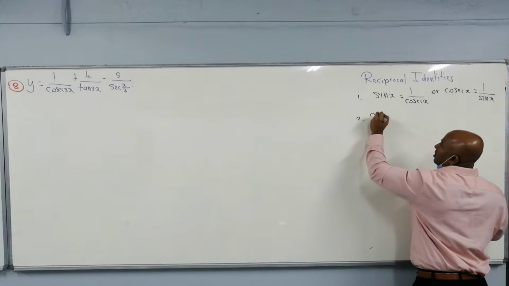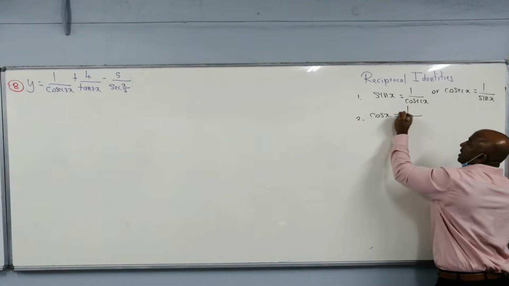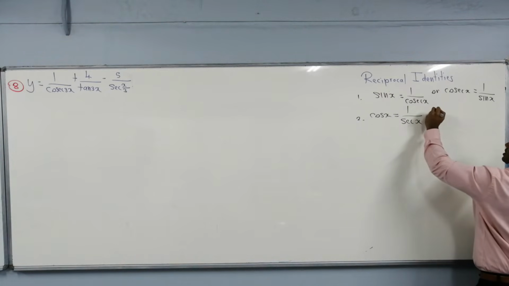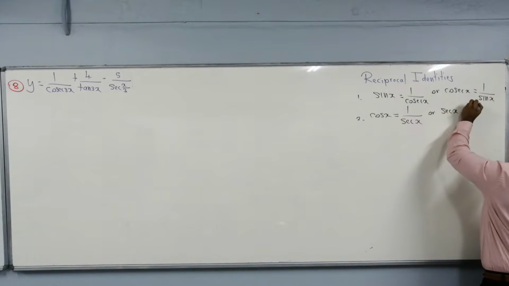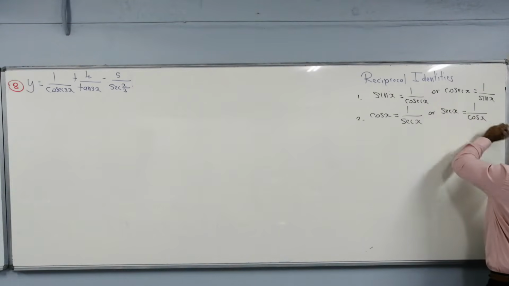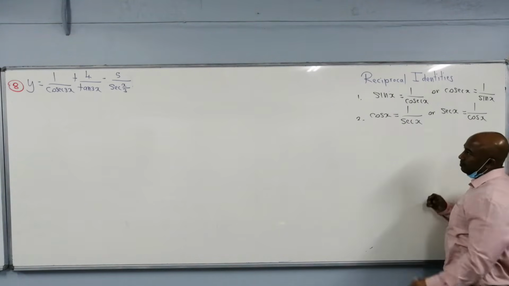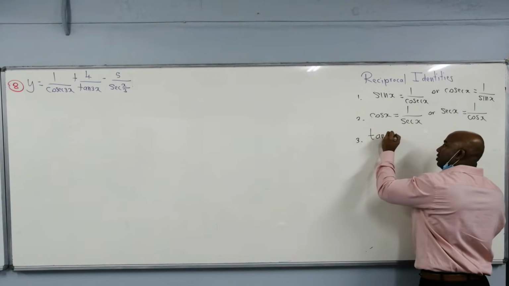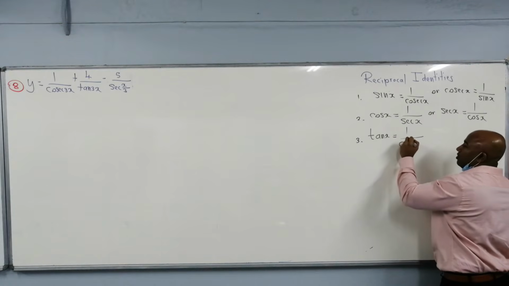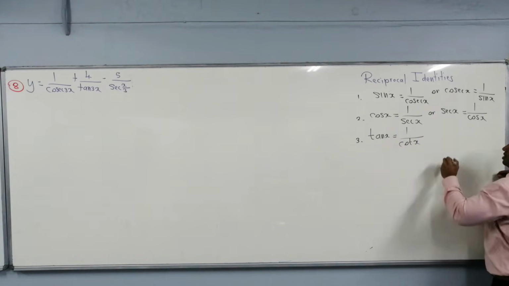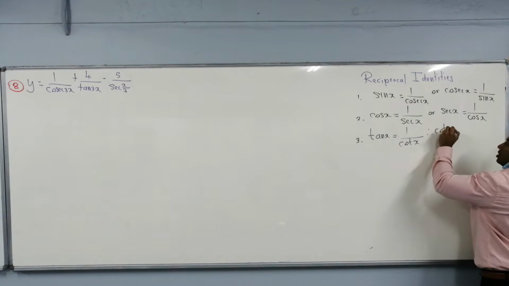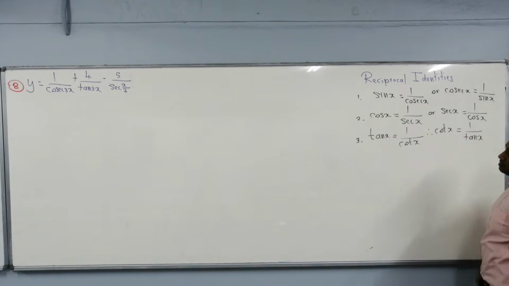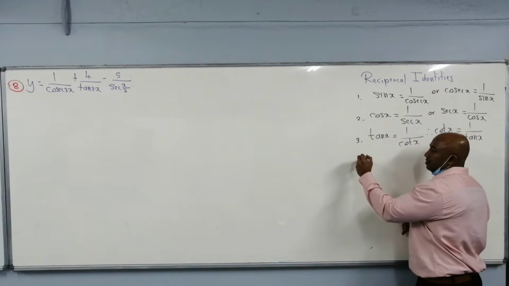If you have cos of x, it can be written as 1 over sec x, and then sec x can also be written as 1 over cos. What else? We can have tan x, which can be written as 1 over cot x. So therefore, cot x can be written as 1 over tan. Also,